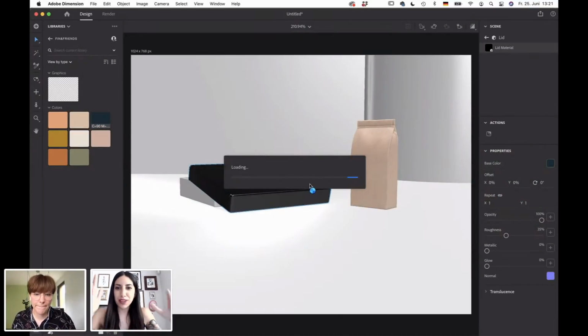It's amazing how we can have everything in one place, right? Like a library for everything, for the patterns, for the colors between apps, so you don't have to struggle by importing things and just